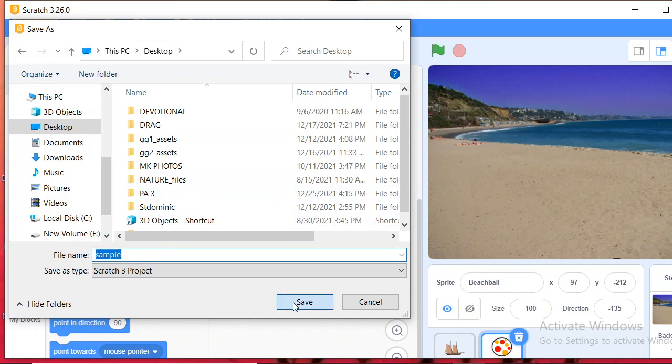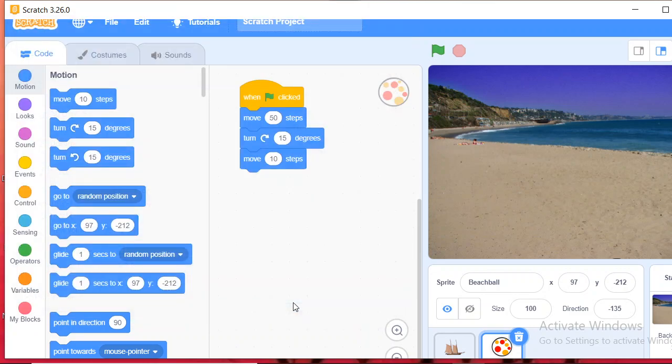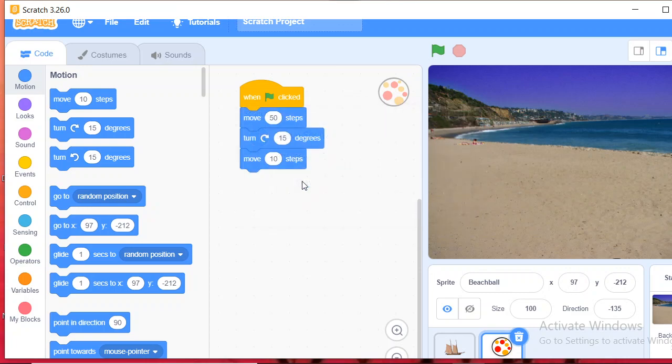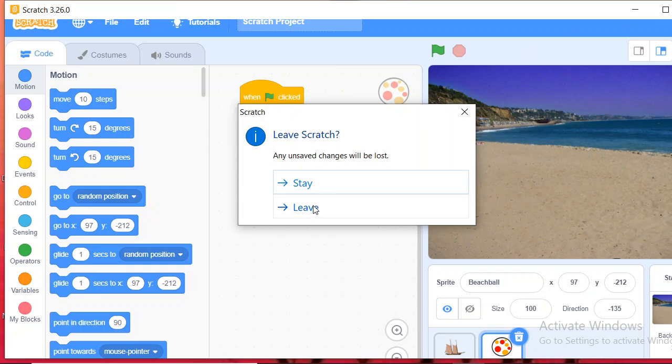Then click the Save option. Now I am going to close that window. The machine is slow, that is why the save option is not active now.